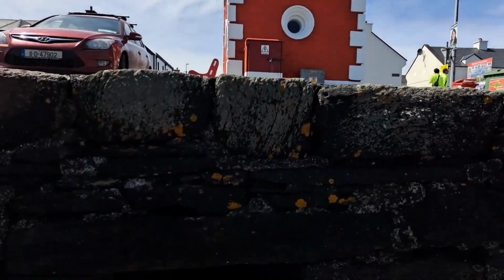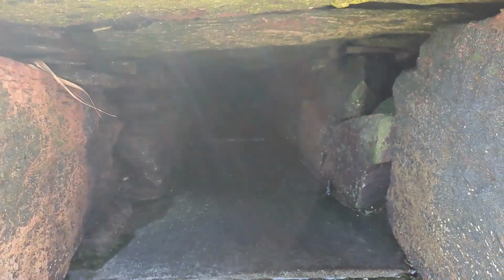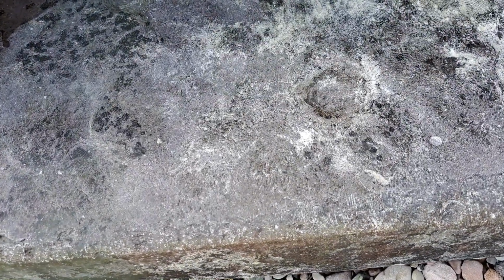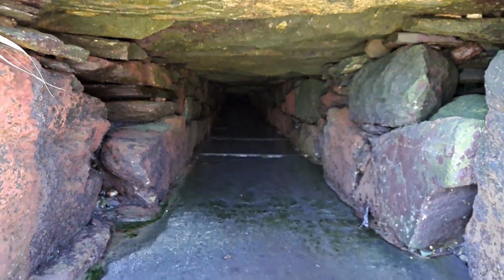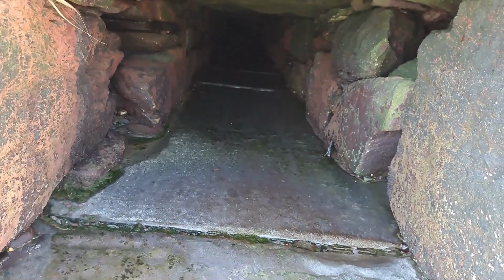Down below the clock on the seafront we have this sort of secret passage, obviously part of the drainage of the little town, but you can see it's made with these big proper slate slabs, and they always have patterns in them as well, which is very cool, and they go all the way back up there underneath the Royal, presumably, or underneath the street. Nothing coming out of it today, at least, but very cool. Obviously it was a well built